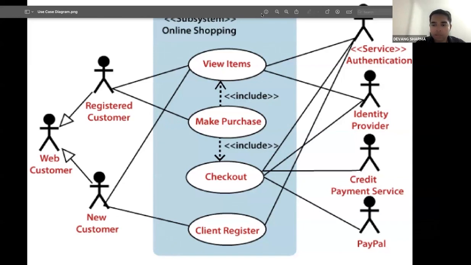Come on guys, quick in the chat. This part clear to all? Okay. If this part is clear,